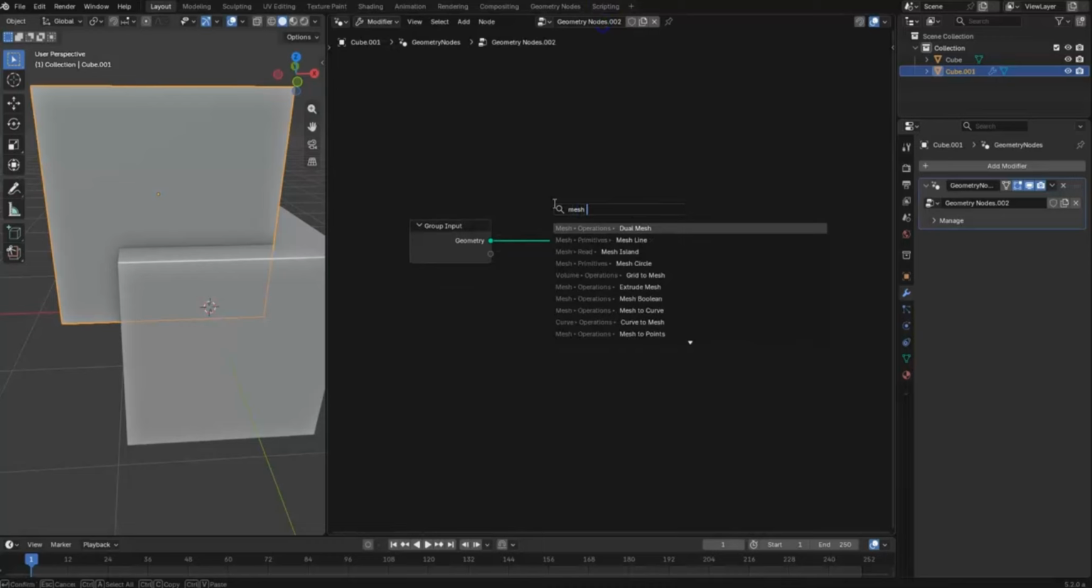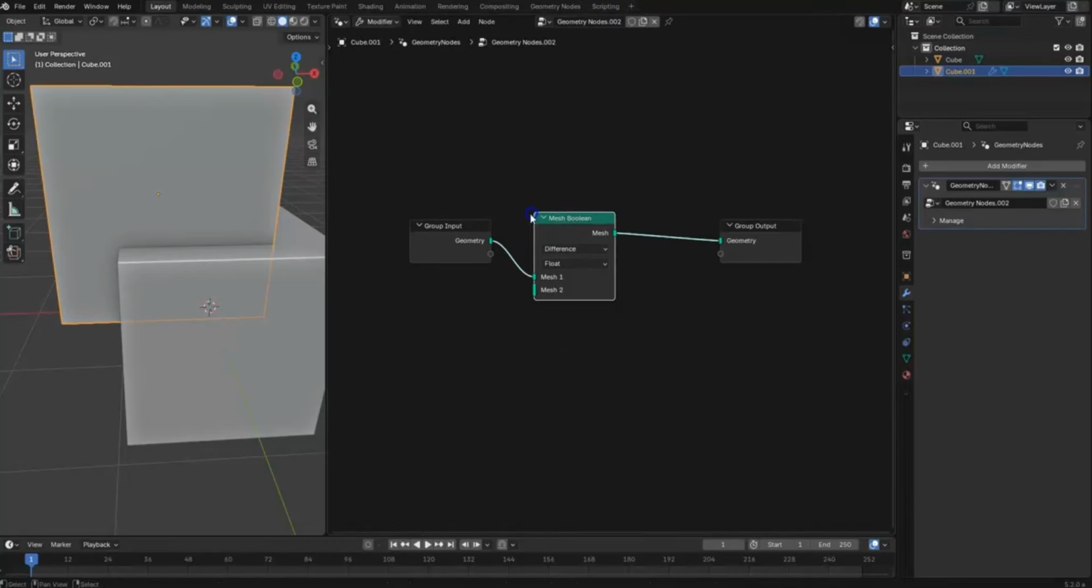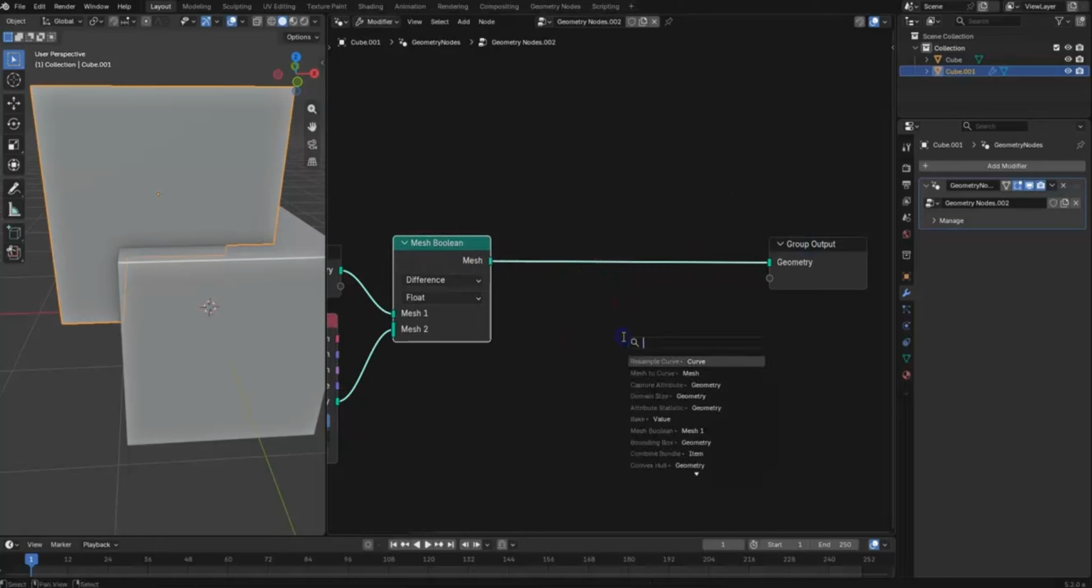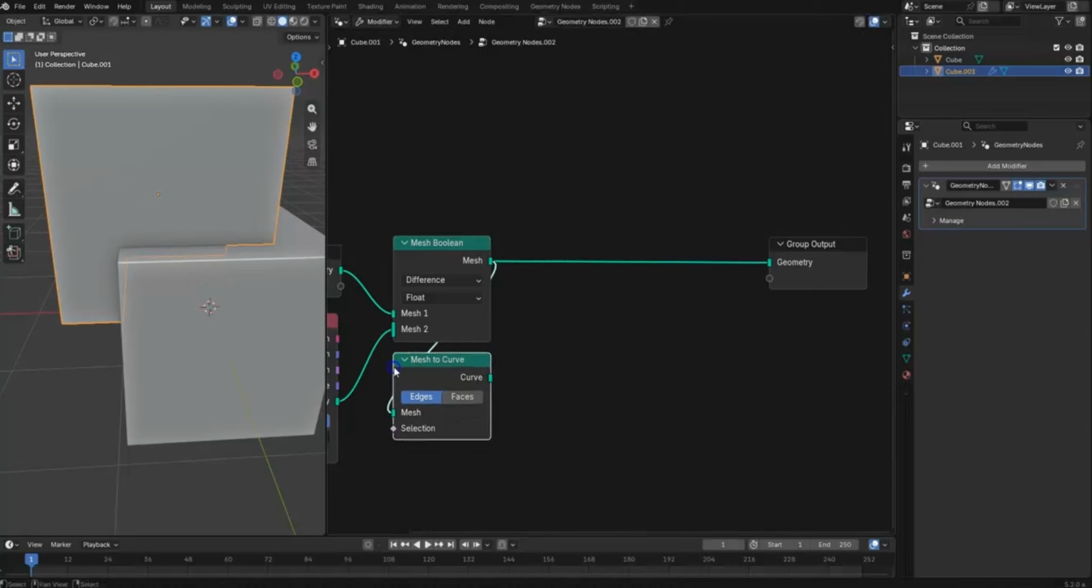We're going to drop in the mesh Boolean node. And we're going to drop in an object info node. And then you're going to select the object that is not active. Obviously, we'll set this to relative. And what we want to do is pull this out, and we want to say mesh to curve. And then we're going to